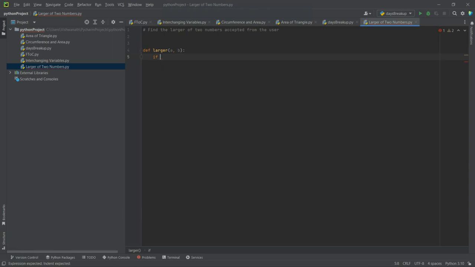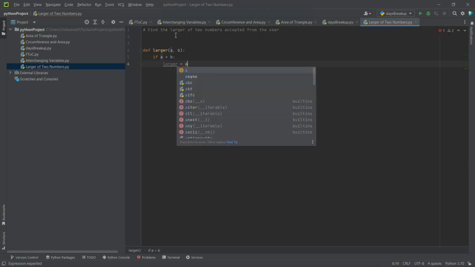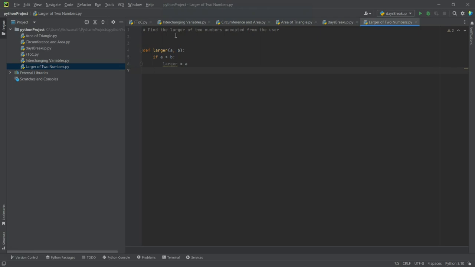and if a is greater than b, then larger is equal to a, right? Otherwise larger is equal to b. Finally we will return larger. Okay, so here let's make it as else. Now